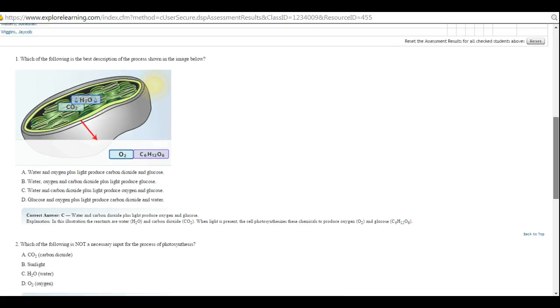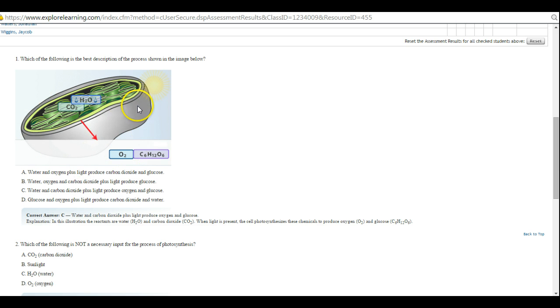Now, here is number 2. Which of the following is not? A very, very important skill is to learn how to read a question well. They are very generous in the fact that they put the word NOT in all uppercase. So which of the following is not a necessary input for the process of photosynthesis, which is again depicted here